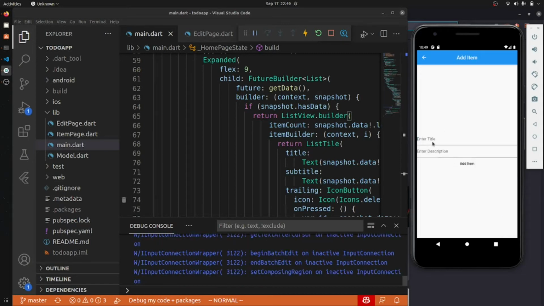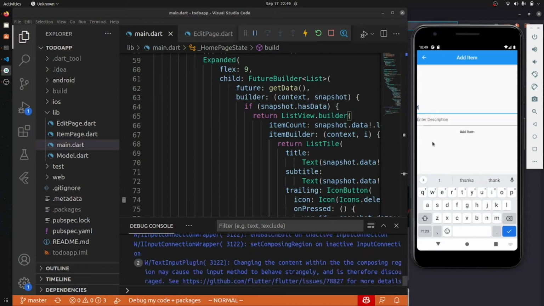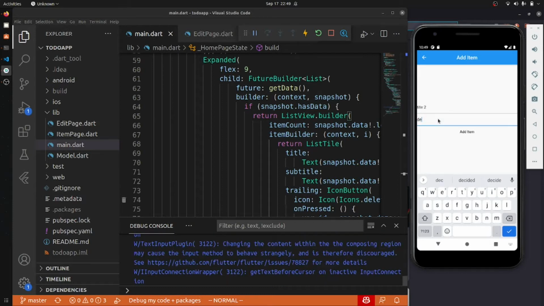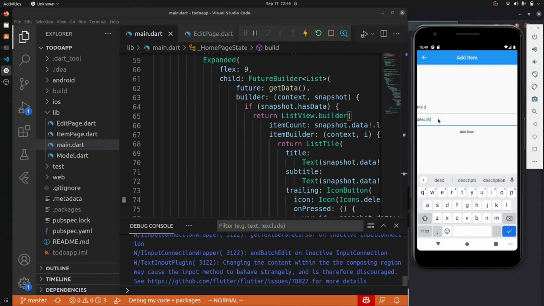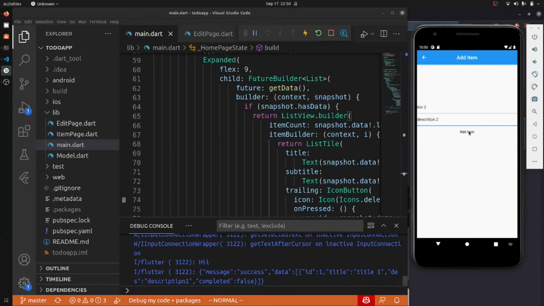I will again add title 2 and description 2. Just ignore the typos. Okay, one second, we got our details.